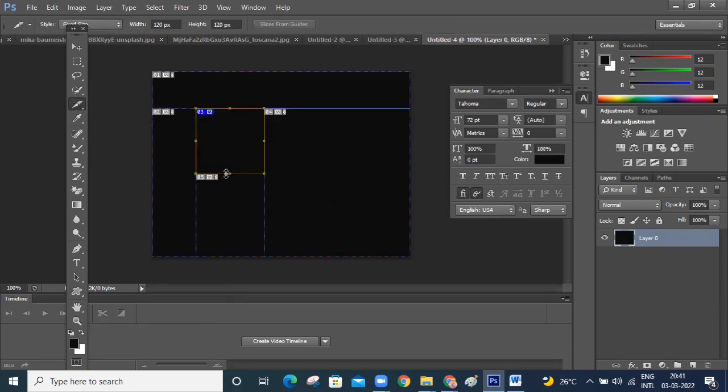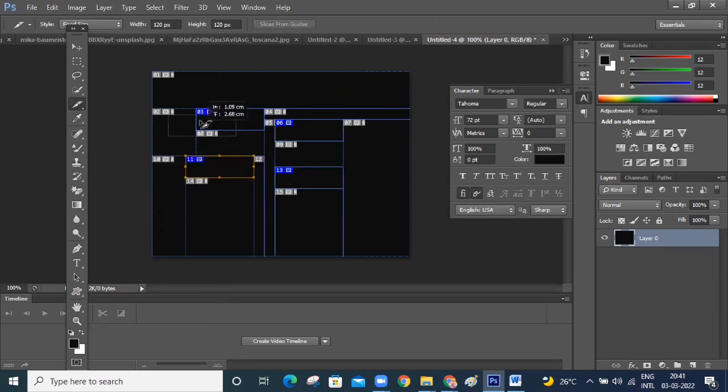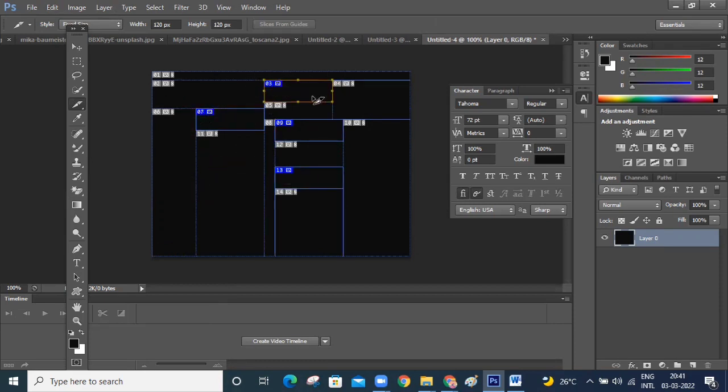I'm reducing this slice. Just I'm clicking on alt. I'm dragging this. Automatically duplicate slices are coming. We have seen this slice tool, right?